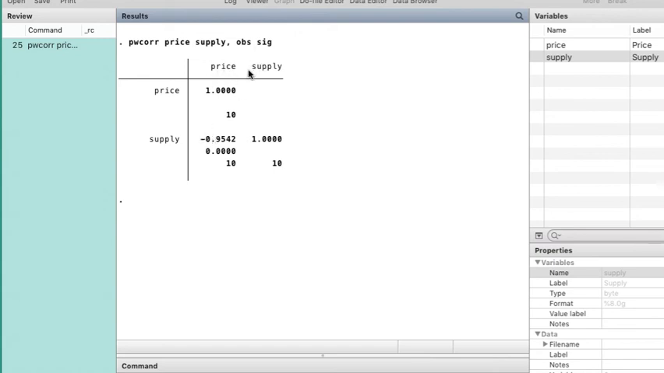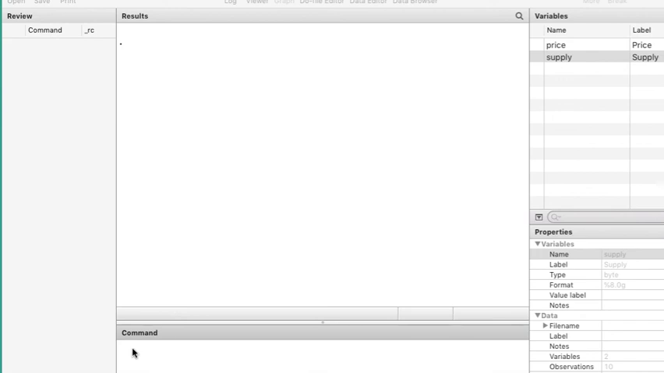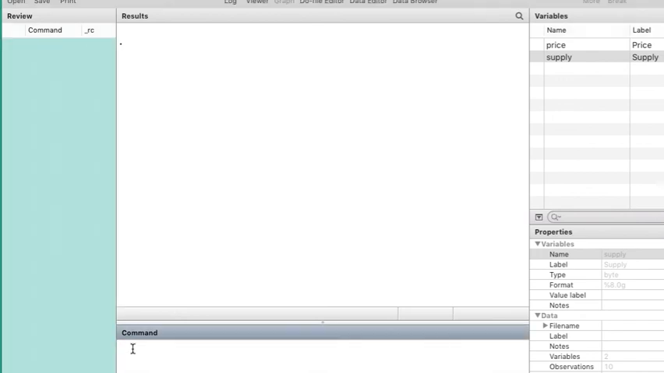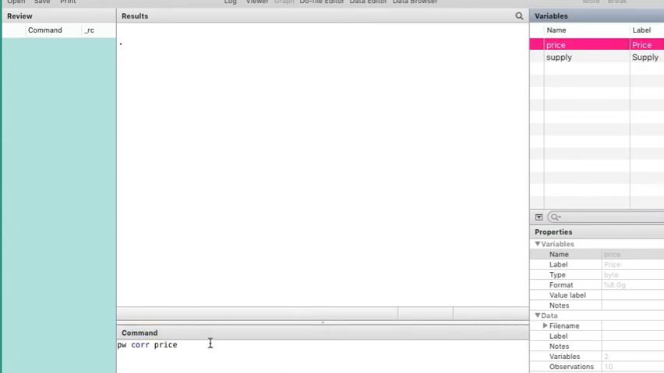Now this is the longest method. There is also a command for this. If you use that command, you can find the correlation between these two variables. I will show you that one also. The command you have to write here is pwcorr. Then you can write price, or you can directly drag it from here, price, and then the other one is supply, then